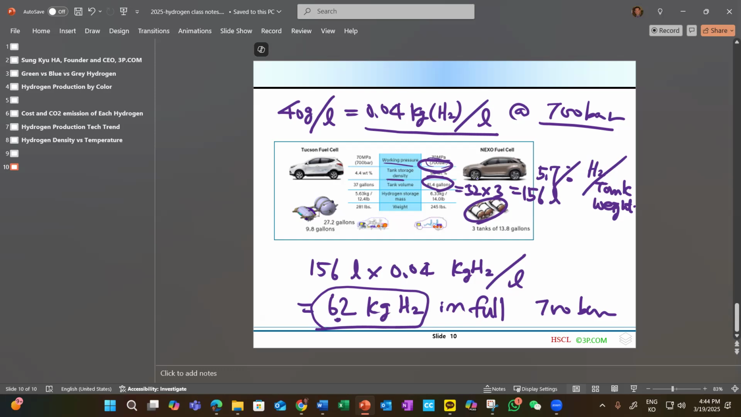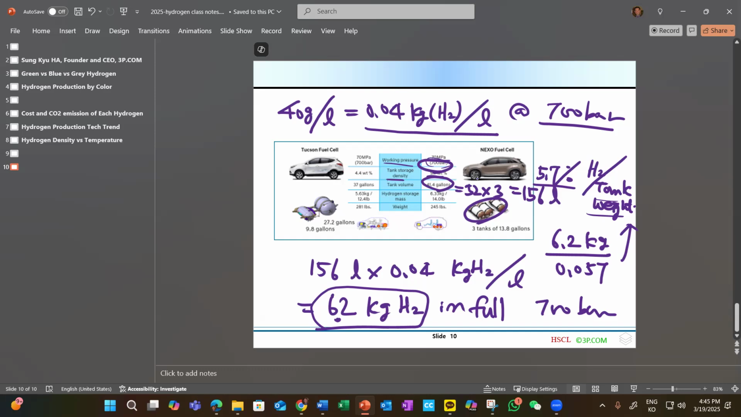Okay, so to store this much hydrogen, the tank density is 5.6% of the tank. So what will the weight of the tank be? 6.2 kilograms divided by 0.057 is the tank weight. So this will give us about 100 kilograms of tank weight. We can store 6.2 kilograms of